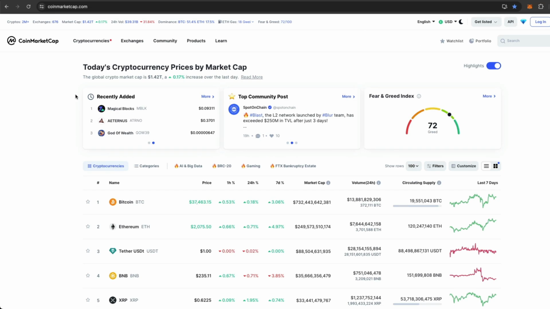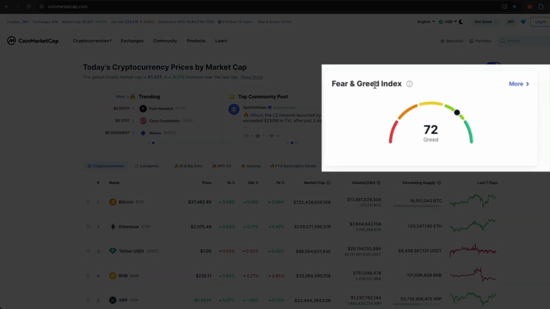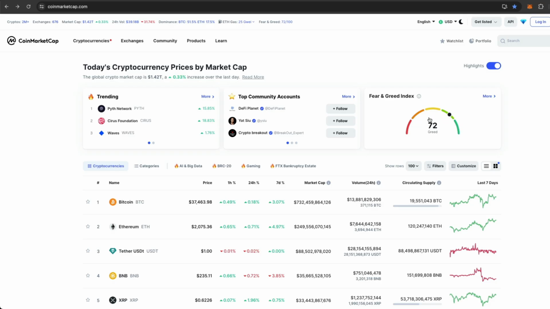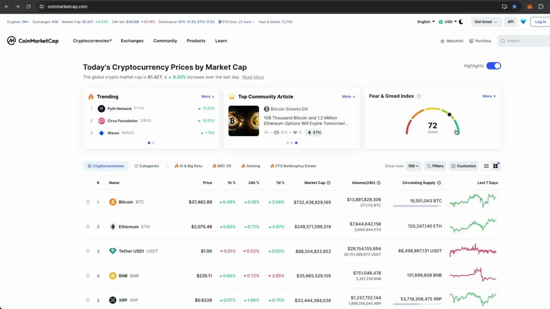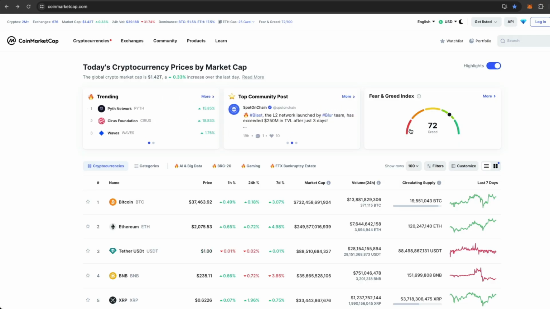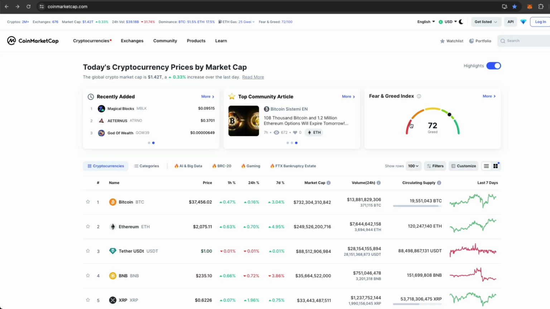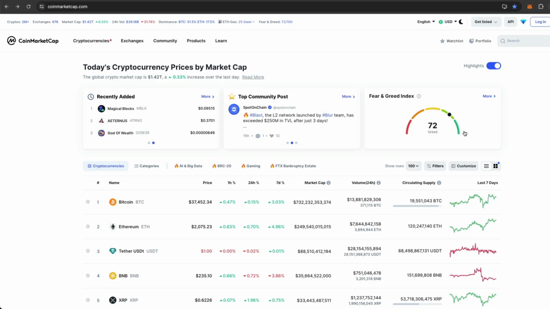And then finally, coming back to CoinMarketCap, there's also this Fear and Greed Index, which is really useful. So this gives you an idea of how greedy or fearful people are being in the market. Generally, this is thought of as when people are very, very greedy, they've overbought an asset. And when people are very, very fearful, they've oversold an asset. And so, quote unquote, smart investors in blockchain tend to purchase when the fear is very high in the market. And they tend to sell when there's a lot of greed in the market, which is a bit of a